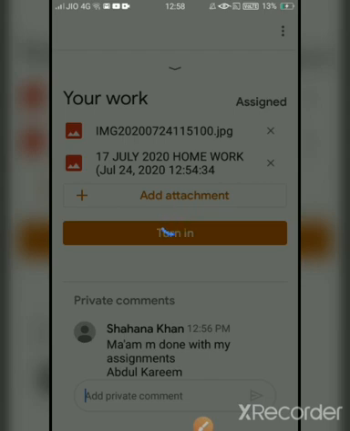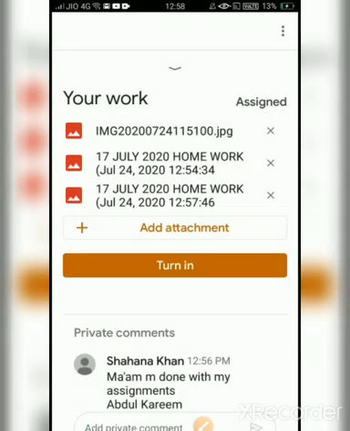Once your third homework gets attached, again you will get 2 more options, submit it, resubmit. You have to click on resubmit. I will show you once it gets attached. It is getting attached now. Let's wait for a few seconds. Yes, your third homework, which you have just clicked a photo of, got attached.